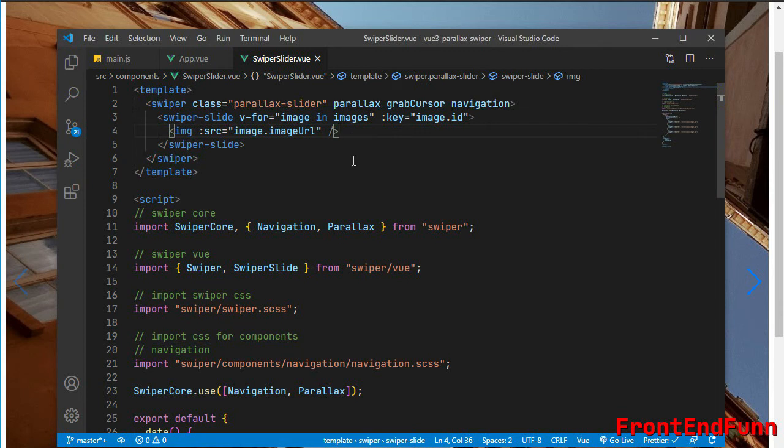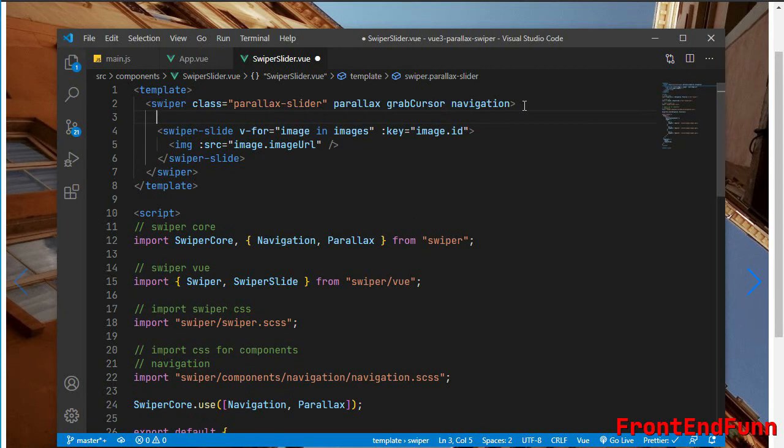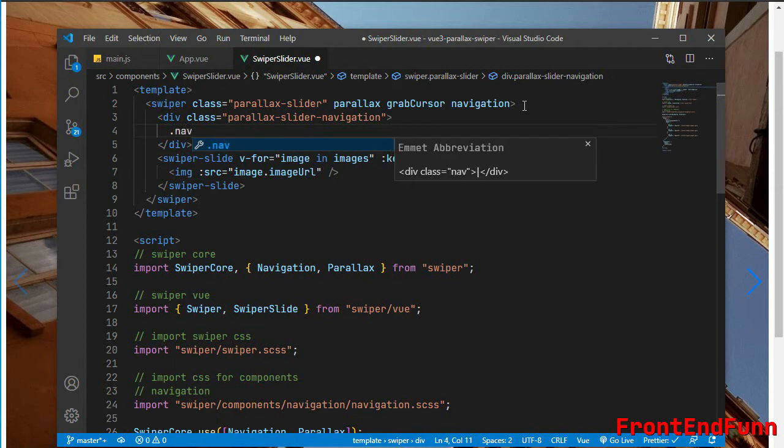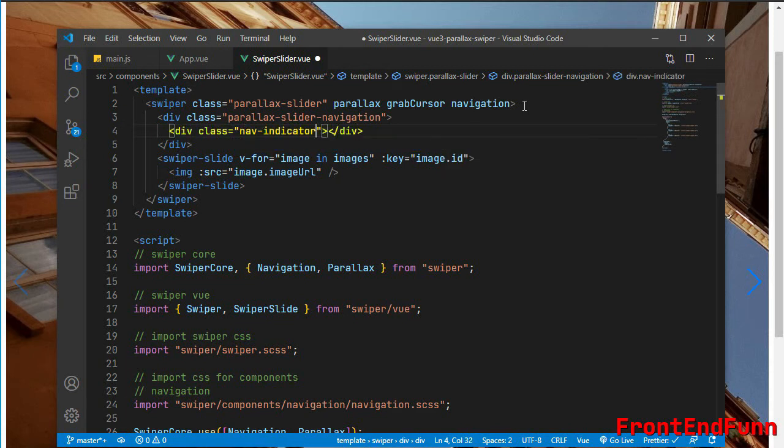Now we'll be customizing the navigation. First let's create the left and right icons. For that I'll create a simple div and give it the classes parallax-slider-navigation and nav-indicator.